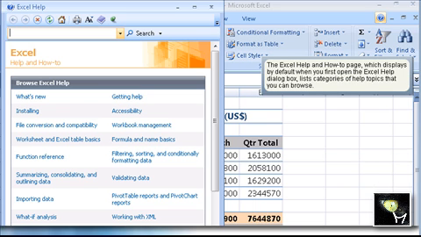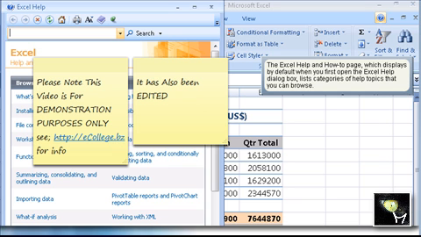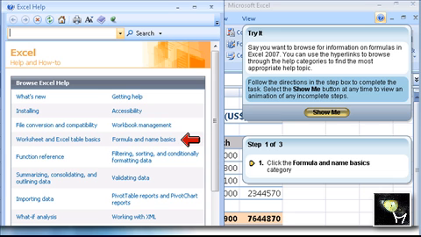Help and How-To page, which displays by default when you first open the Excel Help dialog box, lists categories of help topics that you can browse. Say you want to browse for information on formulas in Excel 2007. You can use the hyperlinks to browse through